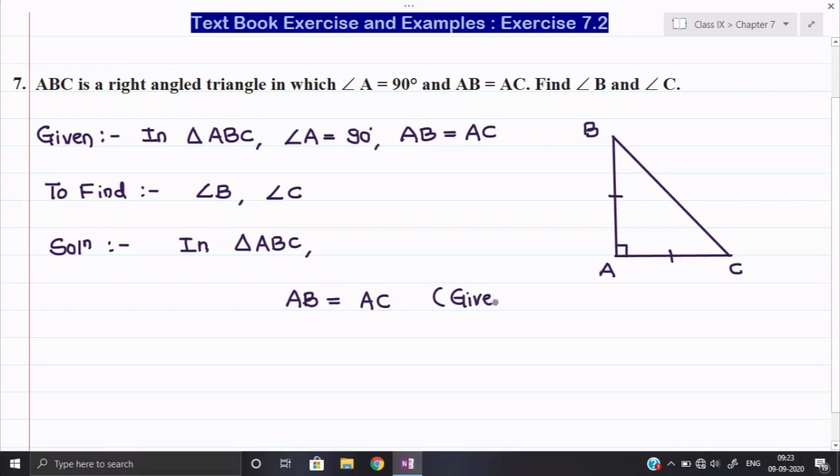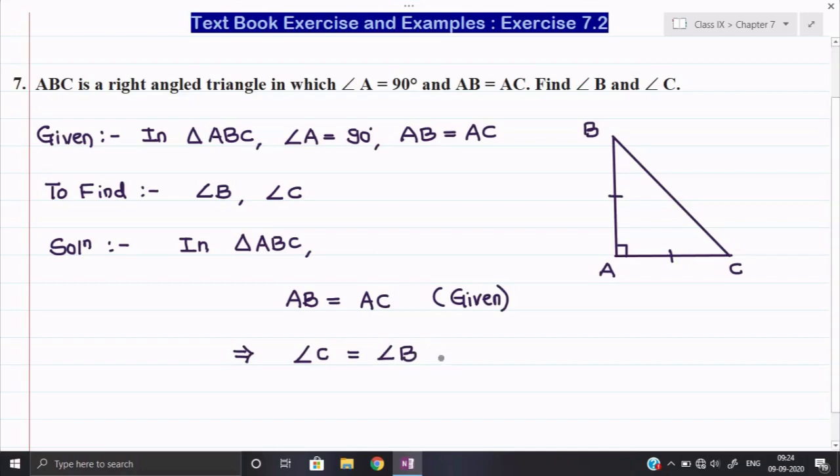Okay, so now we can say that if these two sides are equal, and again if we think about the isosceles triangle theorem, then you all know that if in a triangle two sides are equal, angles opposite to them are also equal. So one thing, tell me, in front of AB, look at the side AB, which angle are you observing? Angle C, definitely. And in front of AC, which angle are you observing? That is angle B. Look at the side and the angle in front of them.